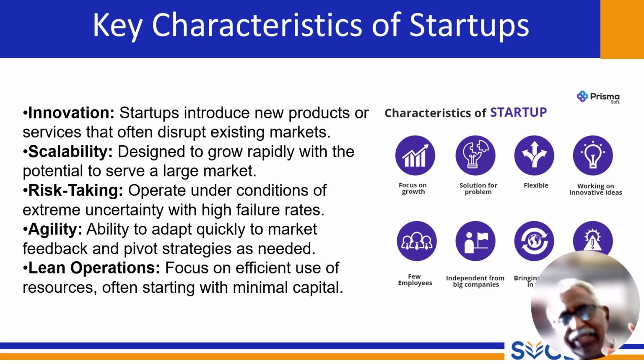So what are the major key characteristics? First, innovation, the process innovation or product innovation. If it is commercially viable in the market, we go for scalability. With that, if it is scalable, we are accommodating many staff members, and whether it's feasible for a longer time. That's why we are calling it risk taking. We want to take allowable risk. Then lean operation,